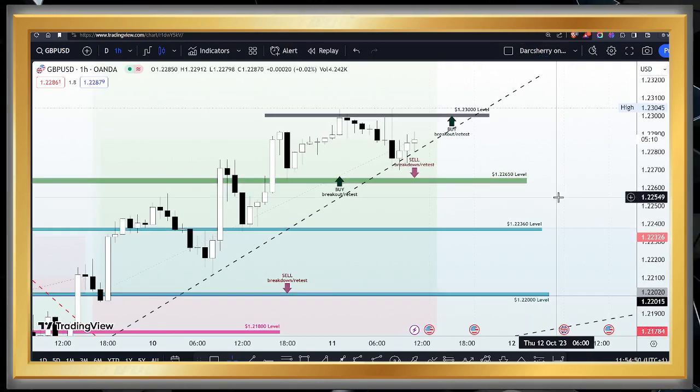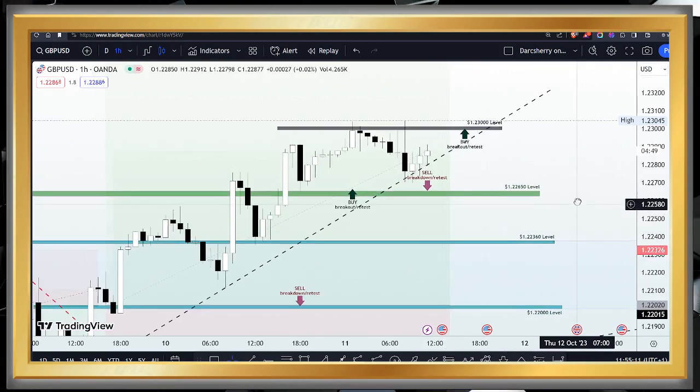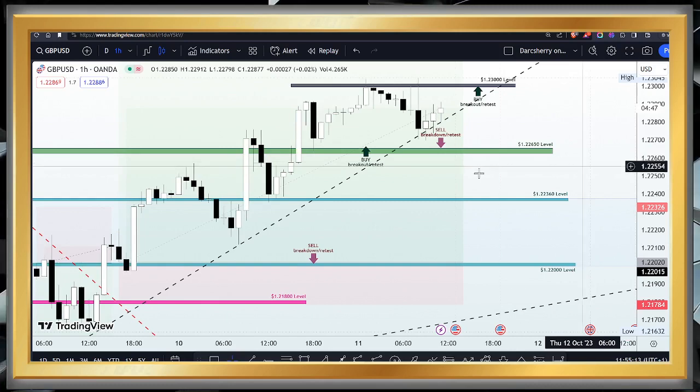If you have any questions, feel free to let me know in the comment section. So as usual, I will be taking the next 10 to 15 seconds off and wait to see if there's going to be any questions, and you can as well use that time to mark out these levels on your chart, as you will be needing them as a reference point to guide your independent trading decisions.